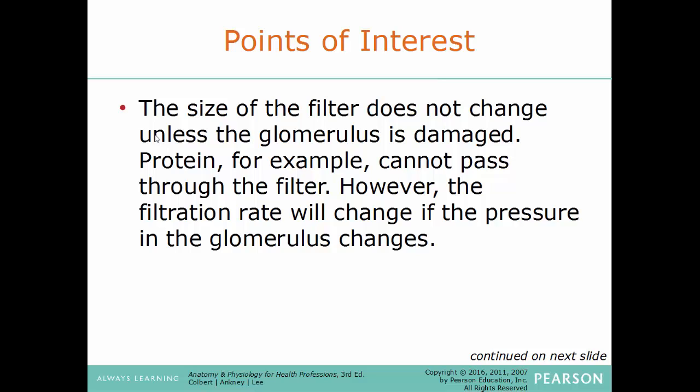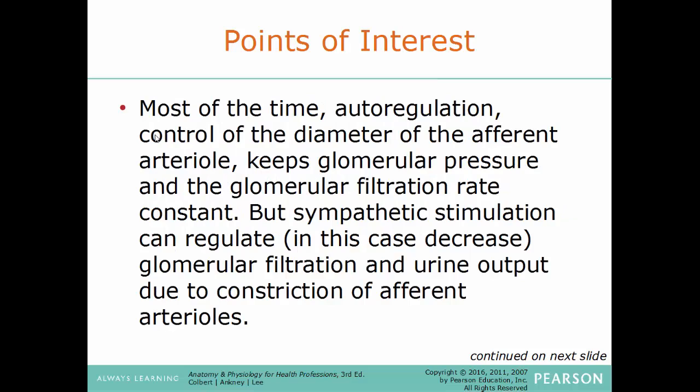The proteins, for example, cannot pass through the filter. However, the filtration rate will change if the pressure in the glomerulus changes. Most of the time, autoregulation will control the diameter of the afferent arteriole, keeping the glomerular pressure and the glomerular filtration rate constant. But sympathetic stimulation can regulate, and in this case decrease, the filtration and urine output due to